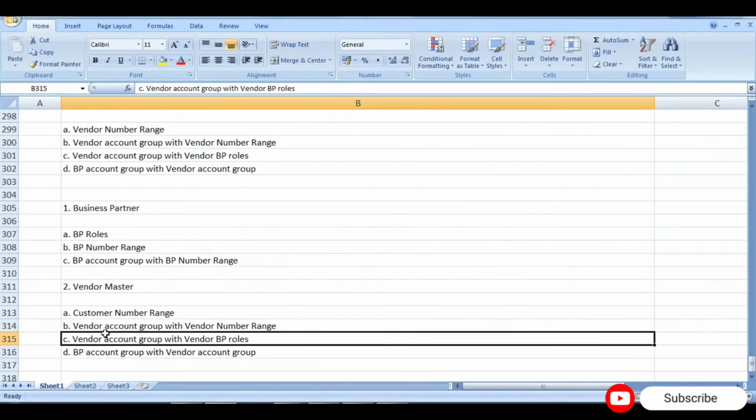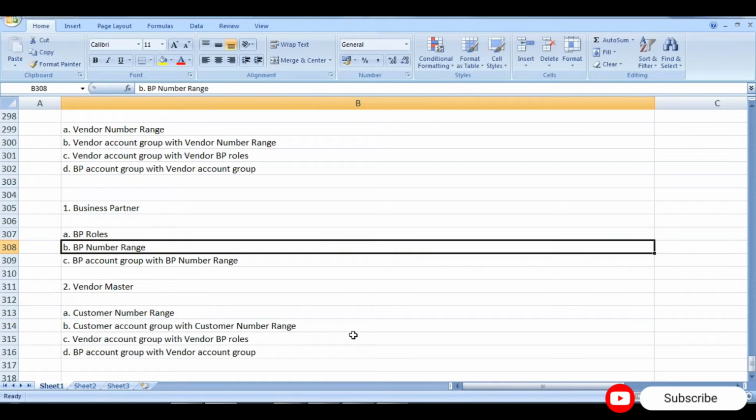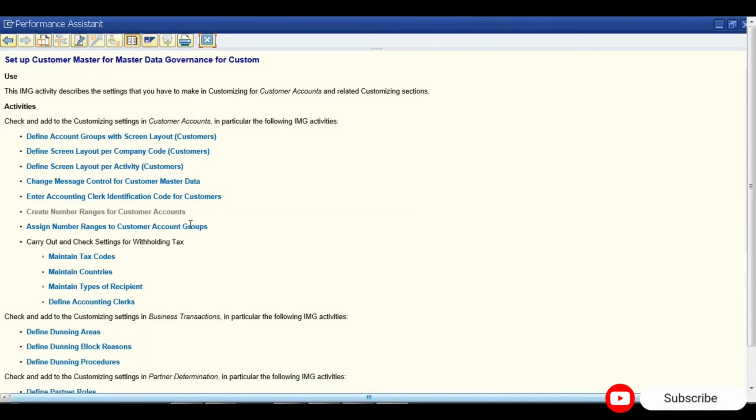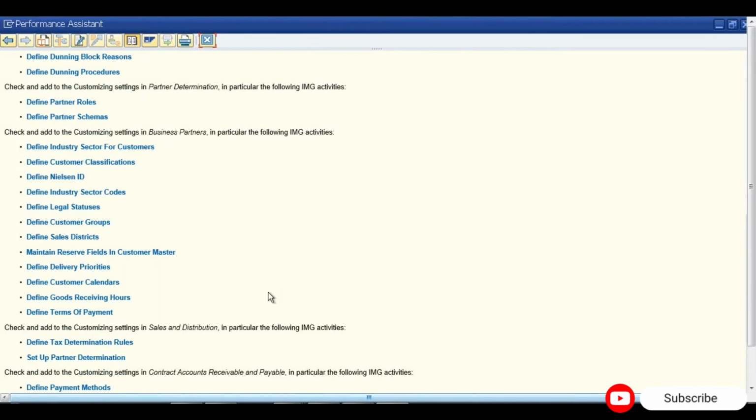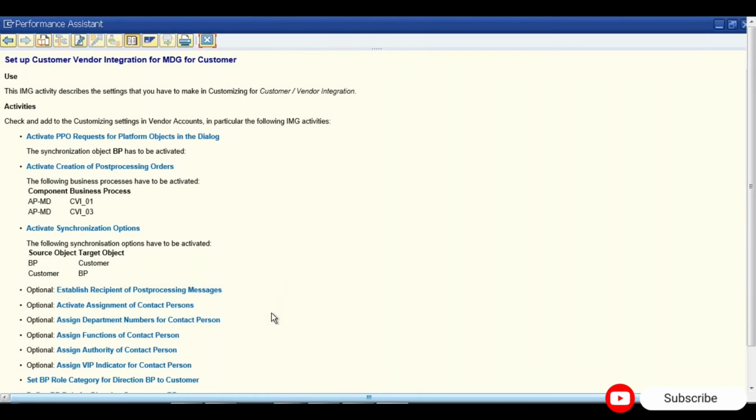So then next is customer account group with customer number range. Fine. Then next is, okay, now not required anything from here. Go to the next one. Set up customer vendor integration for MDG for customer. Next is